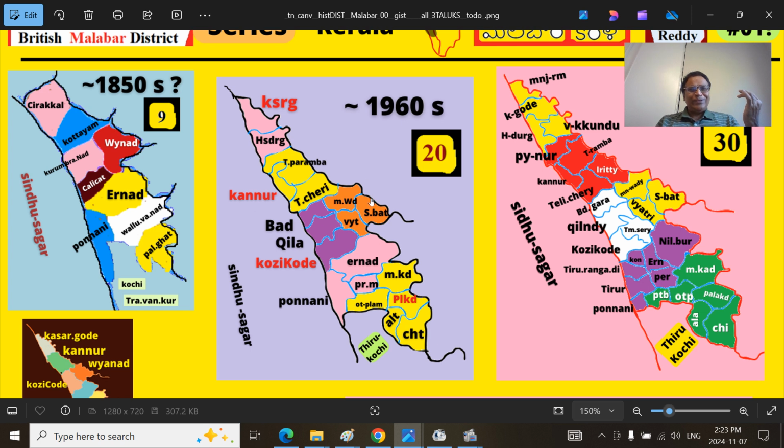And always remember this landmark. This is the Wayanad plateau, right? This is the Wayanad. So Wayanadu and Kurumbranadu, Calicut. This is the Wayanad, Mananthavadi, Vythiri, Sultan Bathery, from Wayanad old taluks to new taluks. And when you say Kurumbranadu, that is nothing but Quilandy area. Quilandy or Koyilandy or Badagara region. Of course, Calicut region. And Chirakkal is nothing but a suburb of Kannur, so Kannur and Taliparamba regions.